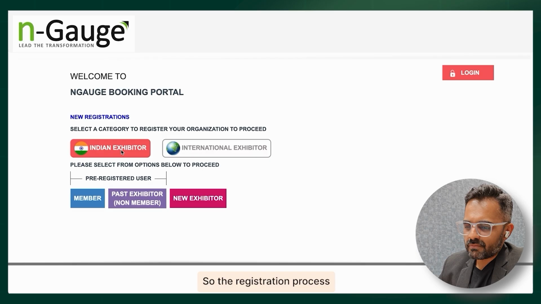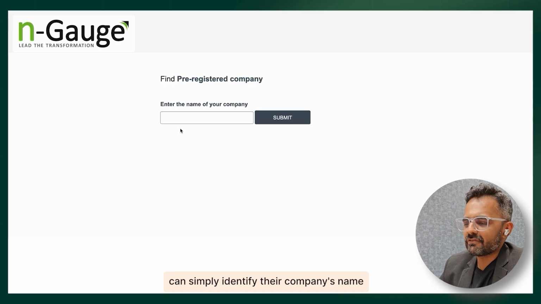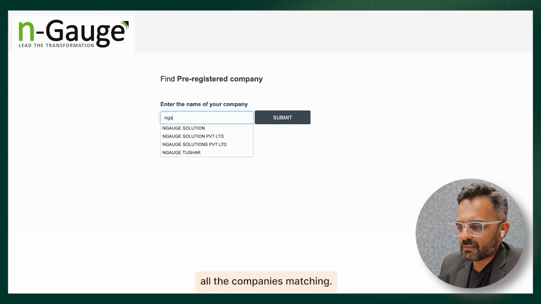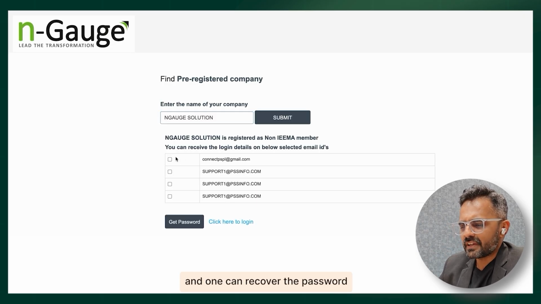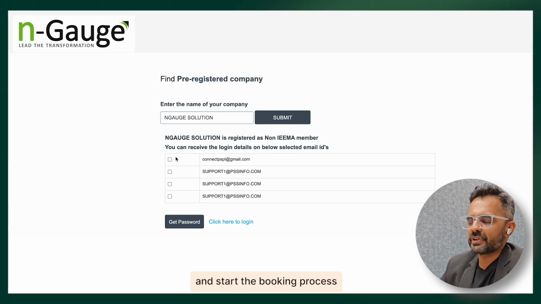So the registration process is very simple. A pre-registered exhibitor, which is your member or a past exhibitor, can simply identify their company by typing the name of the company. The software will pull up all the companies matching. They will show the emails which are there in the database, and one can recover the password and start the registration process. This allows the exhibitor to proceed and start the booking process without going through the entire registration process again and again. This saves precious time